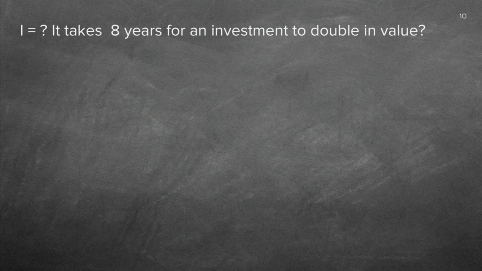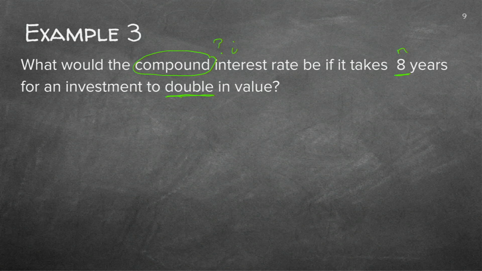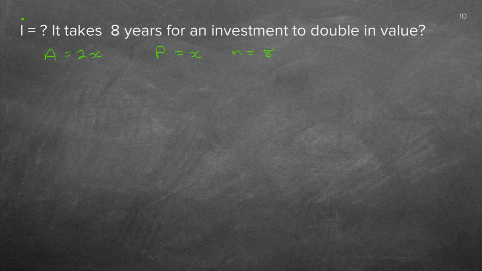So what am I going to do? Let's just go where I've got space. I'm going to write, that is actually the I. So let's just put a point on there. I'm going to write down the A and the P. Now let's just make sure the P is now. So if I put X amount now in the bank, because I don't know how much, they didn't give me any figures, in the end it must be double. And that's why I put 2X there. And remember the N is 8. Let's just quickly go back and make sure I've got all the information here. 8 years compound interest. Yes, that is what we need. So there's my 3 pieces of information.